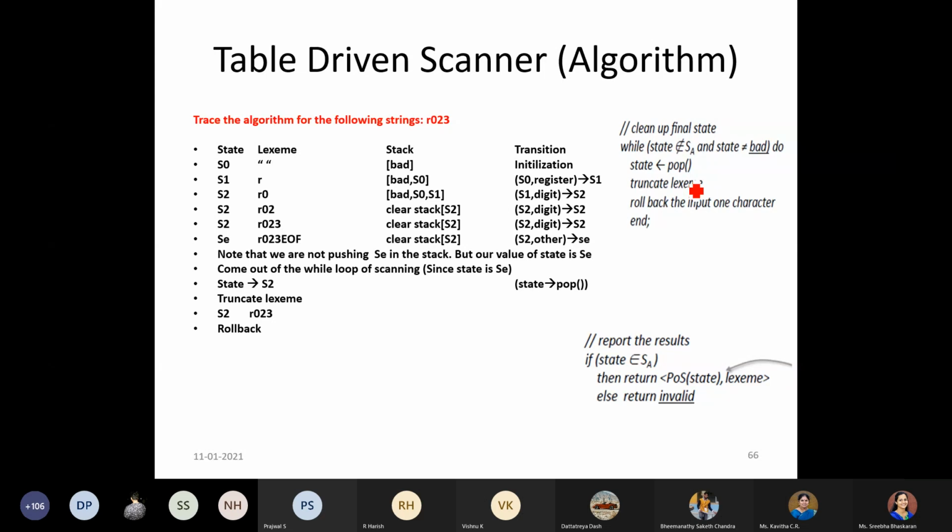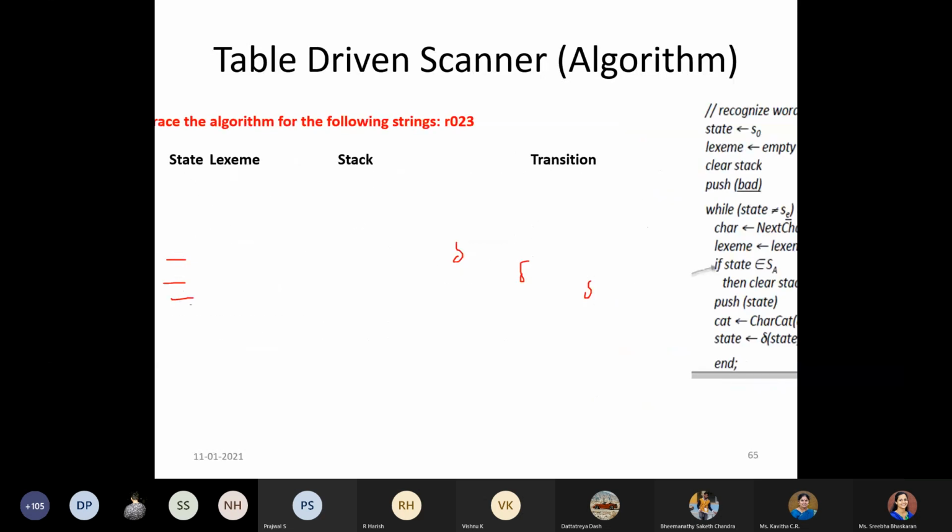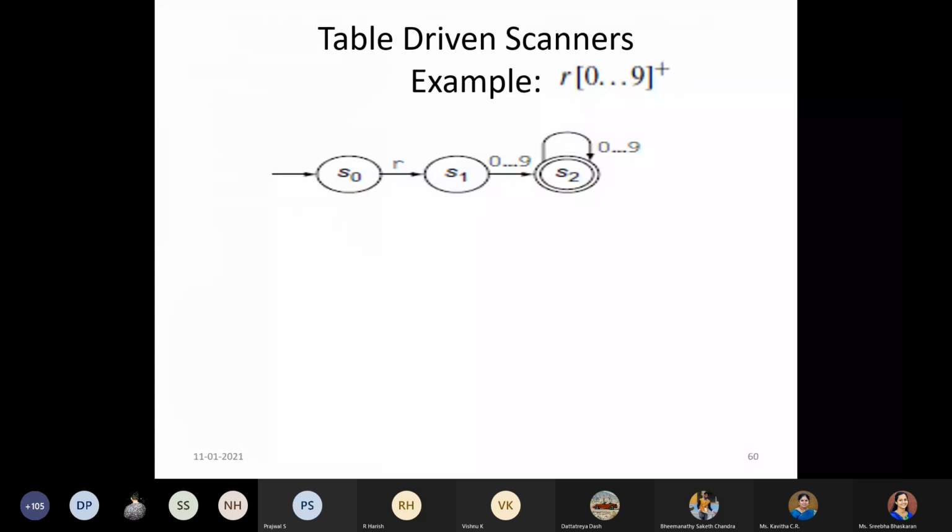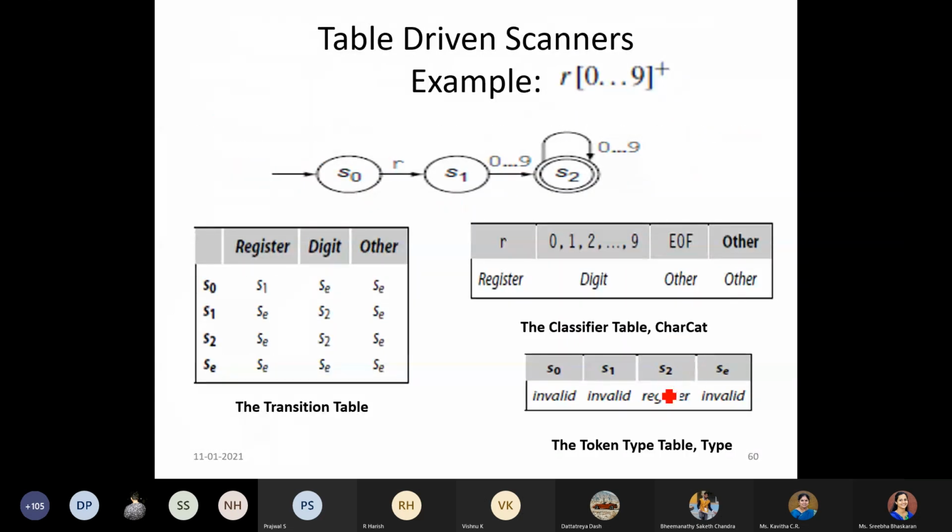So we have an if-else statement where you check the state. S2 is the state we have right now, so it's in the accepted state, the final state. By seeing the position in the last table, the token type table, what is the content you had for S2? Remember, for the S2 state, we had mentioned it to be register.